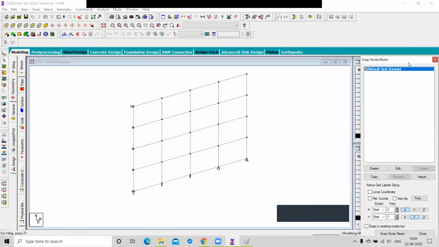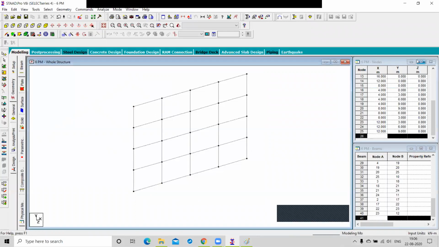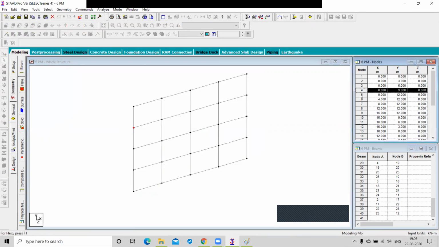If you close this window, snap grid node beam, you can close it from here. So you can see two windows, a node window and a beam window, right? So we have certain coordinates.